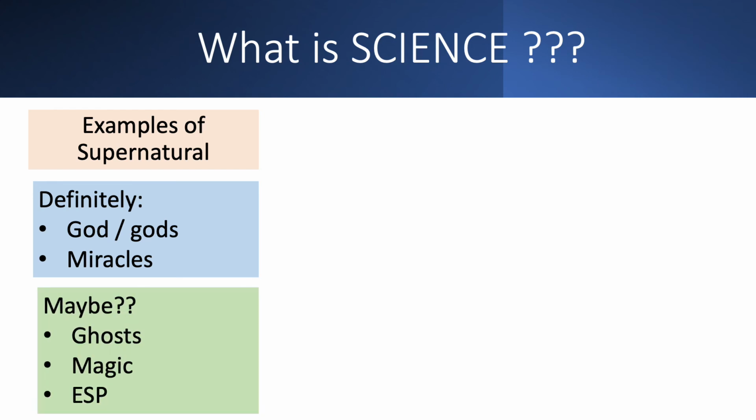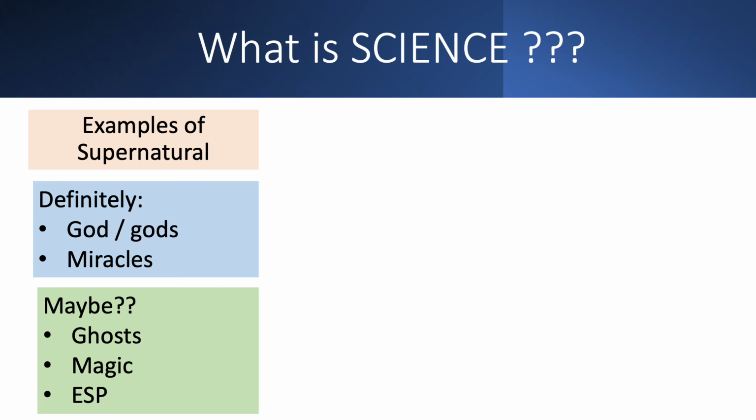Here are some maybe supernatural things. I don't know, these are fun to talk about, but they're out there on their own. I don't know if ghosts exist. Do they follow the rules? Or maybe they exist and they have their own set of rules. Magic? I don't know. I love Harry Potter. But if you think about Harry Potter, that's just a whole other set of rules, isn't it? Harry Potter and wizards and witches can do magic that us muggles can't, basically. But they still have rules. That's why Harry's going to Hogwarts, to learn this different set of rules.